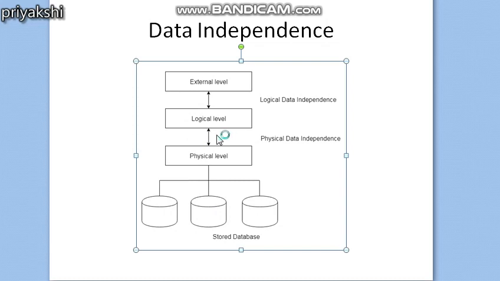Next we will see the data structure. For example, in some earlier cases, the data structure used for storing the data was arrays. Now suppose the arrays are converted into linked lists. Now linked lists are used to store the data. Though the data structure is converted, this should not affect the conceptual schema, because even though the data structure changed from arrays to linked lists, it should not affect your conceptual schema.